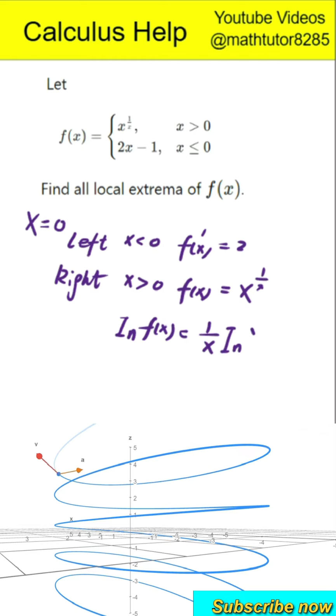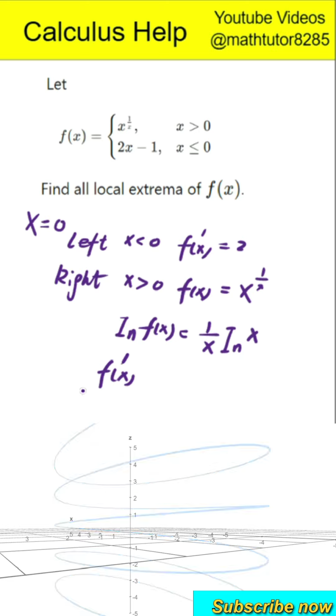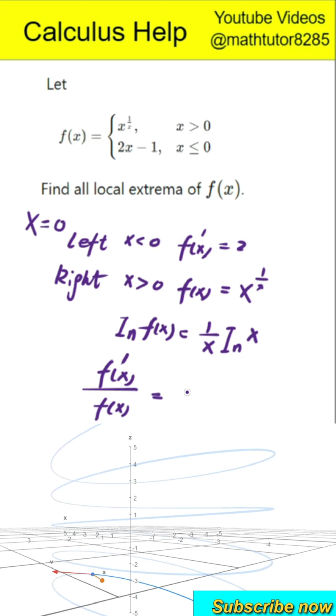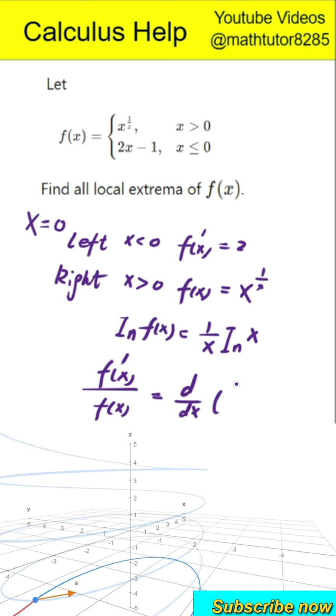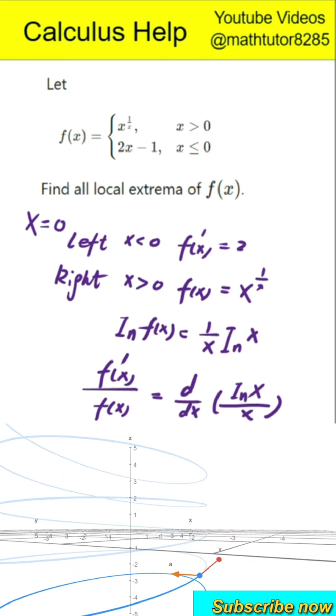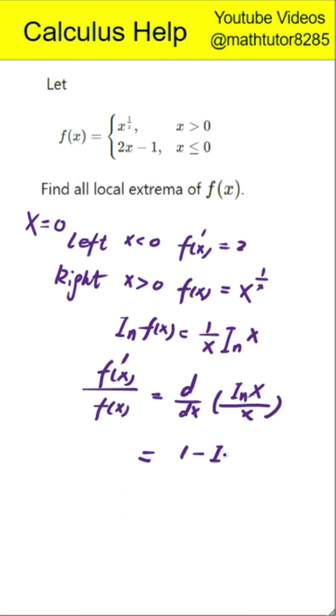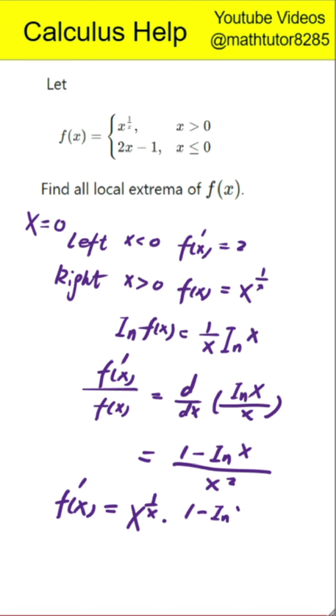To differentiate this, we first take the natural logarithm of f of x. So the natural log of f of x becomes the natural log of x divided by x. Then, using the chain rule, we find the derivative of that expression, which is 1 minus the natural log of x divided by x squared. Multiplying this back by the original function, we find that the derivative of f for x greater than 0 is x to the power of 1 over x times the quantity 1 minus the natural log of x,